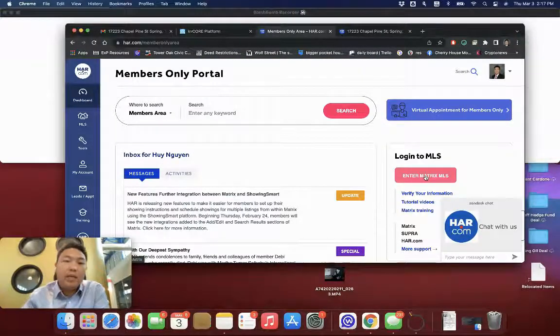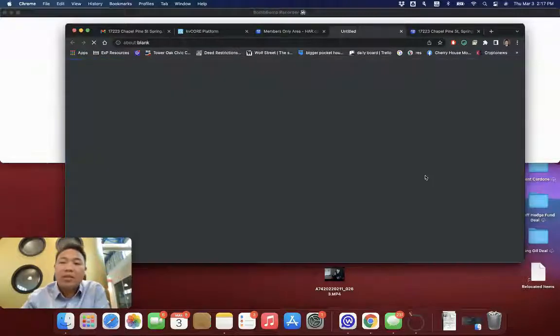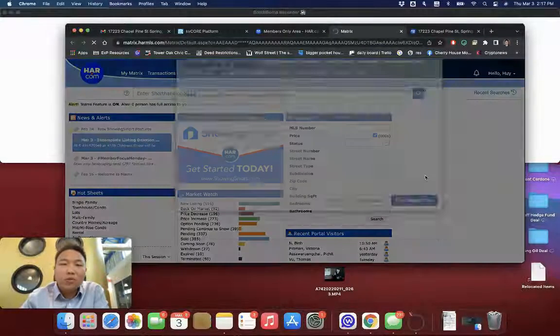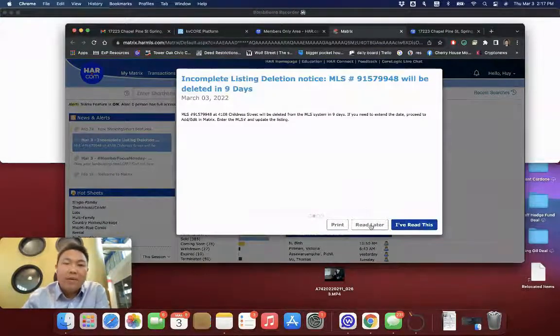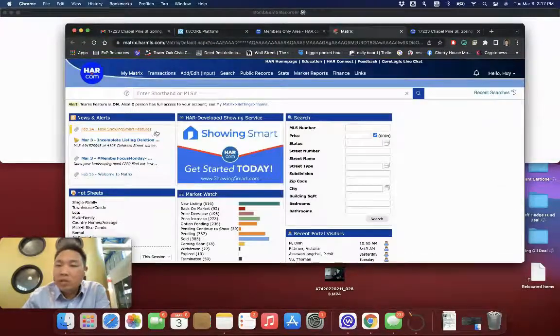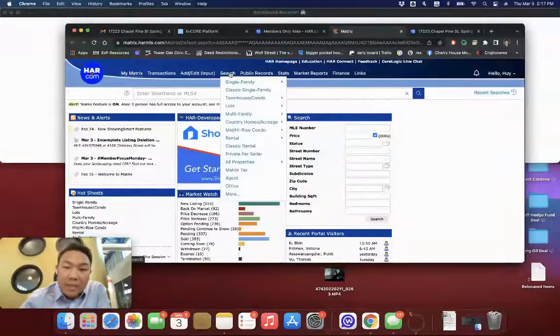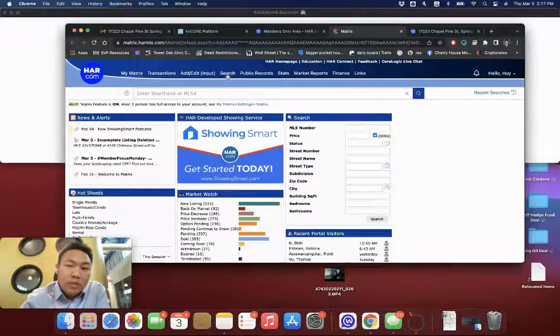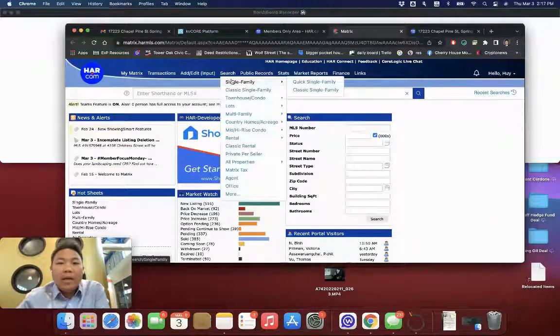If you are in MLS, you should have access to Matrix, right? You pay for this tool, so you just use it. Depending on where you are, your MLS will have a similar tool that looks just like this, right? But I'm in Houston, so we use this tool, and usually the way I do this is very classic, right? I don't have a fancy way to run it, so I go to a thing called Classic Single Family. I click here,